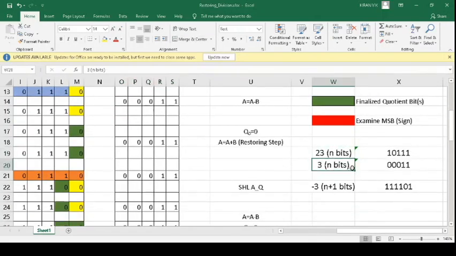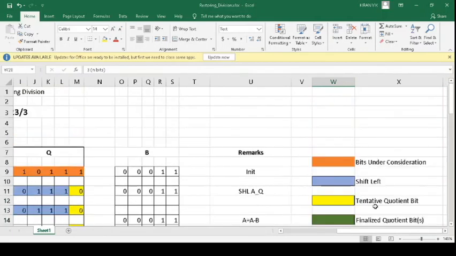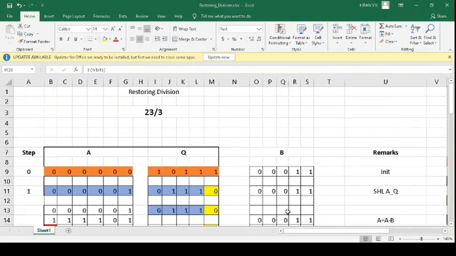So if you see, consider these two numbers, 23 and 3. 23 requires more bits than 3, obviously. So 23 requires 5 bits, so we will also consider representing 3 in 5 bits. So both the Q field as well as the B field, we will fix as 5 bits. So that's how we got the 5 bit length for the Q field and B field.